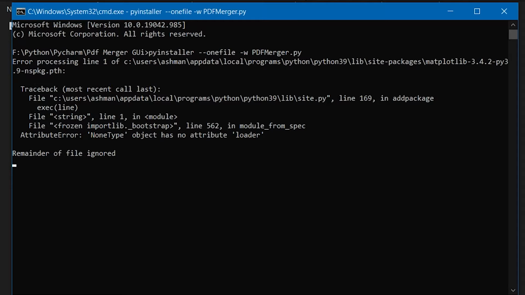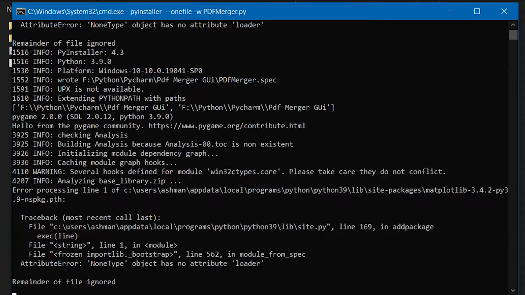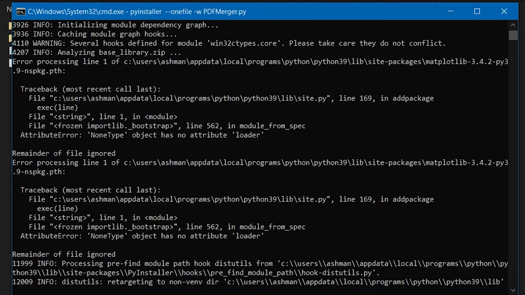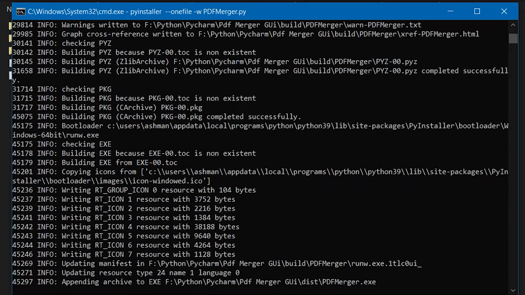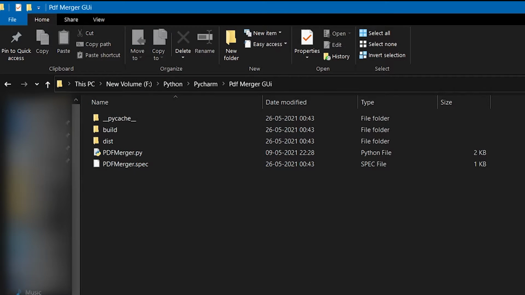If you have a GUI, as I have here, it is recommended that you type dash w, or if your code runs in console, then don't type dash w. It will take some time if your code is big and has a lot of dependencies. So wait for it to complete, and in the meanwhile you can go take a break. So now that's complete, you can exit the command prompt, and now I will show you how to run your